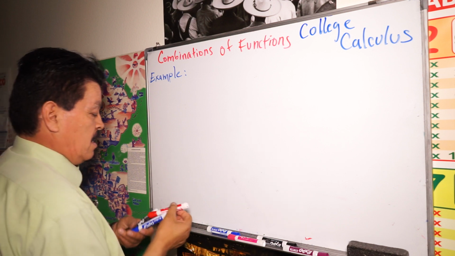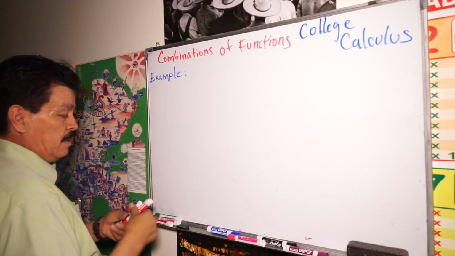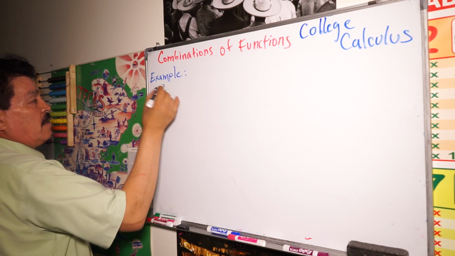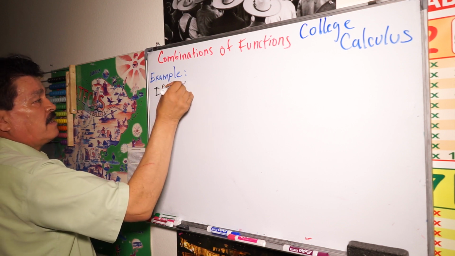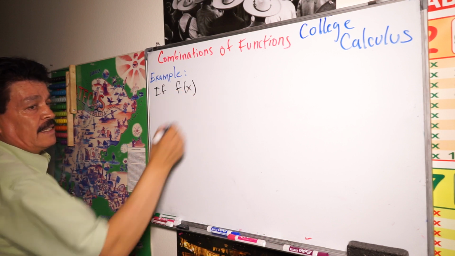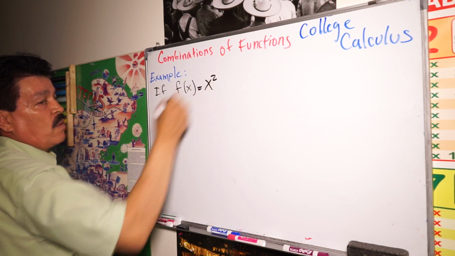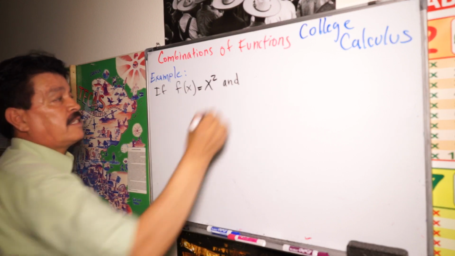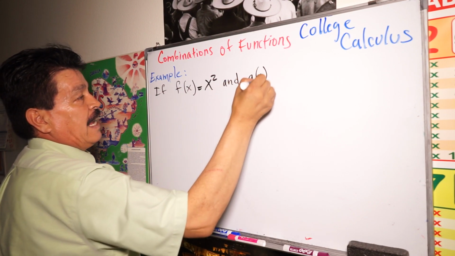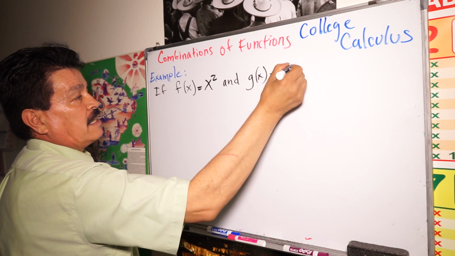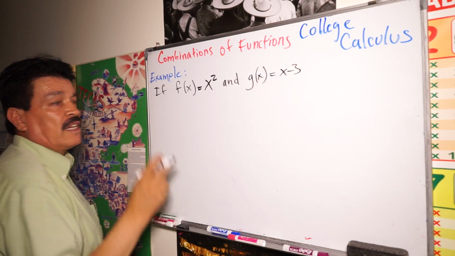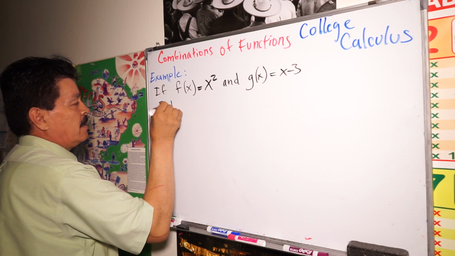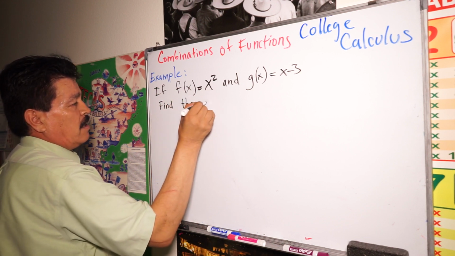If f of x equals x squared and g of x equals x minus 3, find the composite